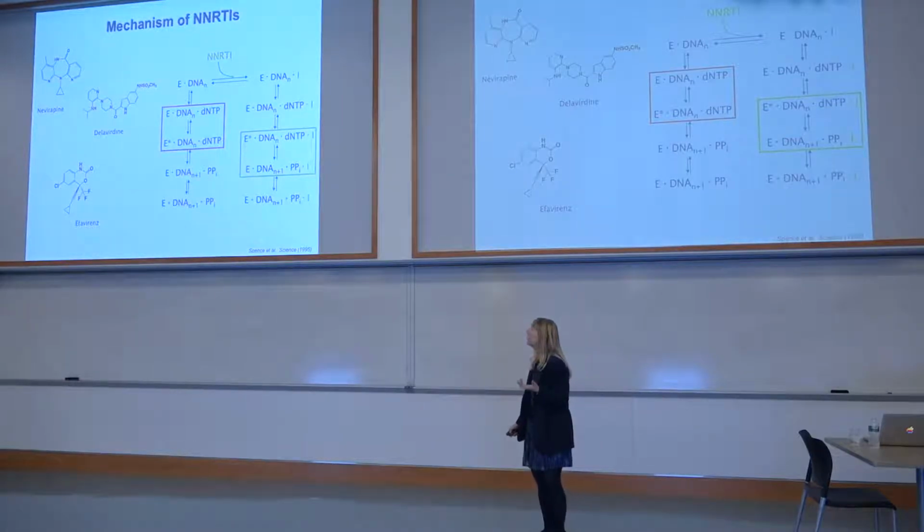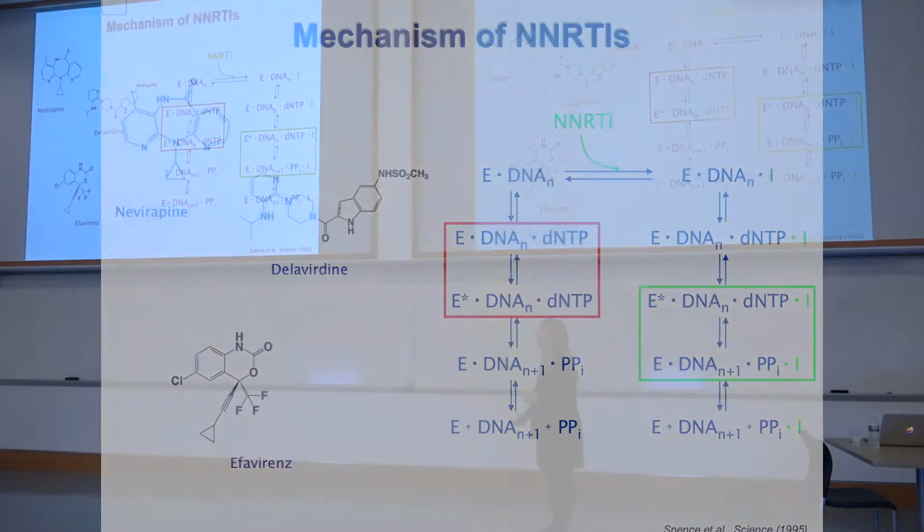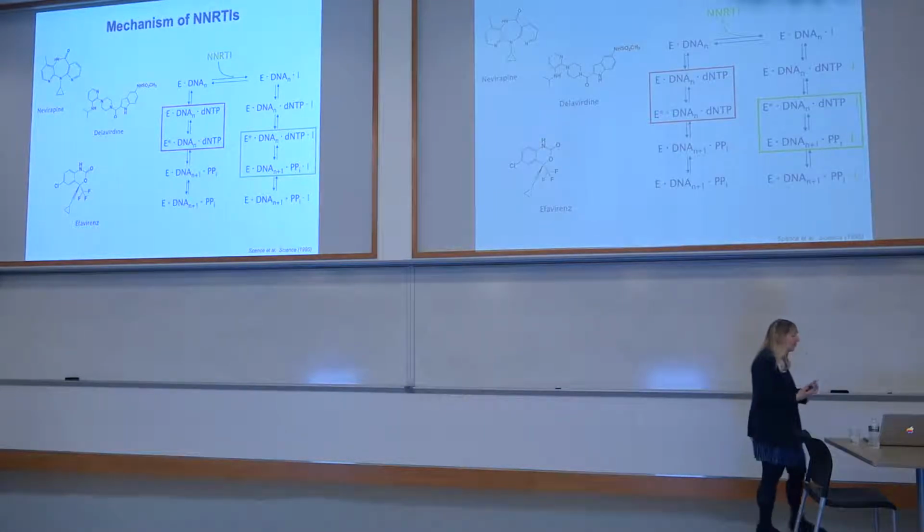And so one of the interesting things that we wanted to try to understand very early on was how these allosteric inhibitors worked, and remember I showed you from an early slide that the inhibitor binds about 10 angstroms away from the active site. So how does it really control catalysis? And so what we found is that when these NNRTIs bind in this allosteric pocket, they actually change the overall rate-limiting step. So now that rate-limiting step is actually the chemical step. And so that gave us a handle to really understand how these enzymes work.